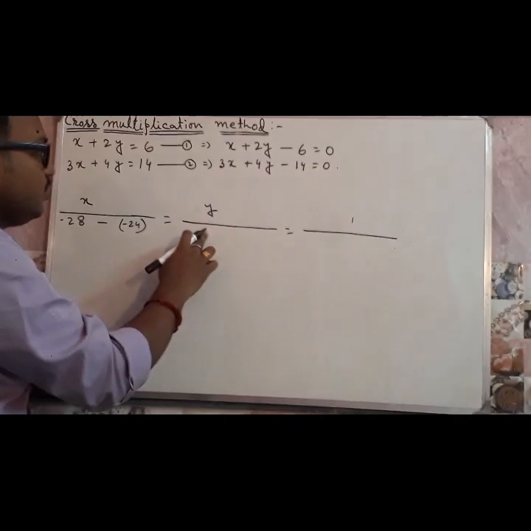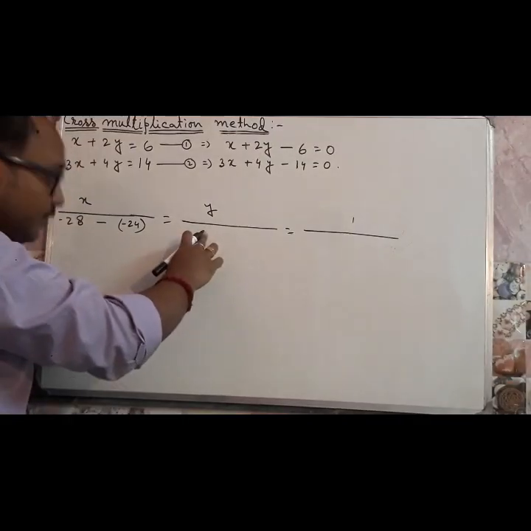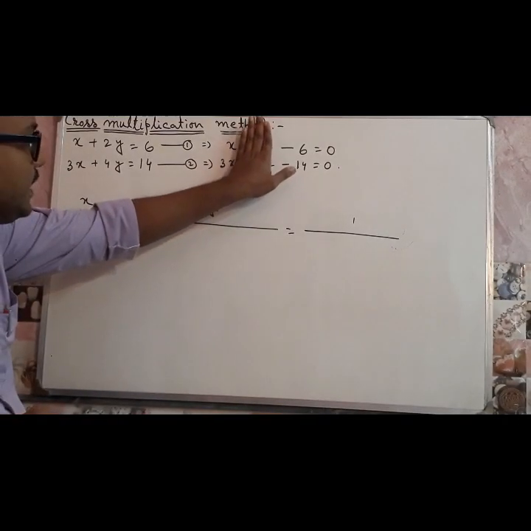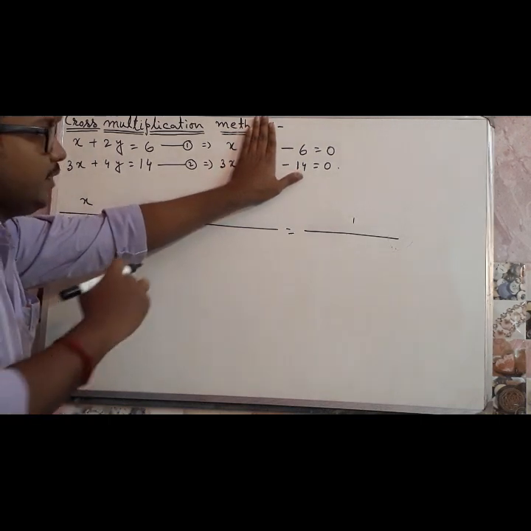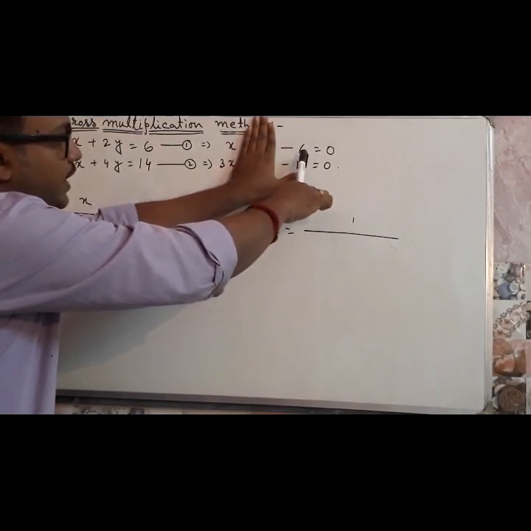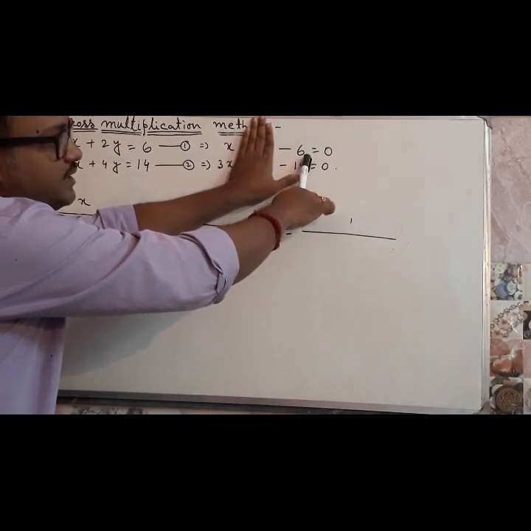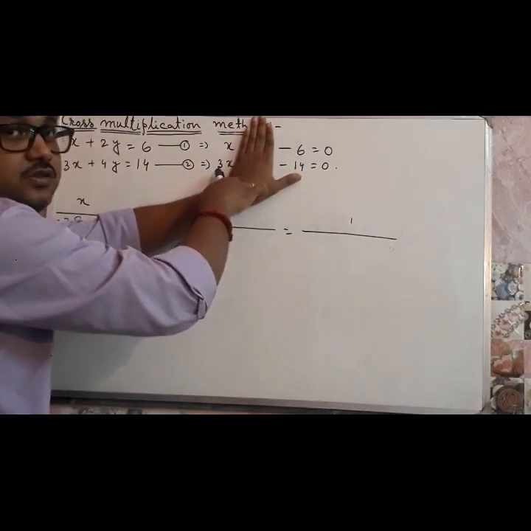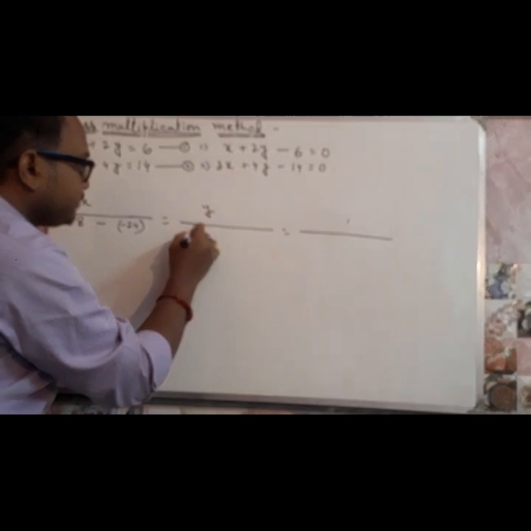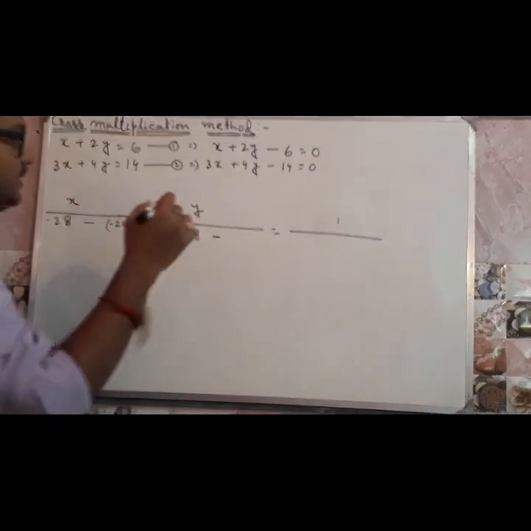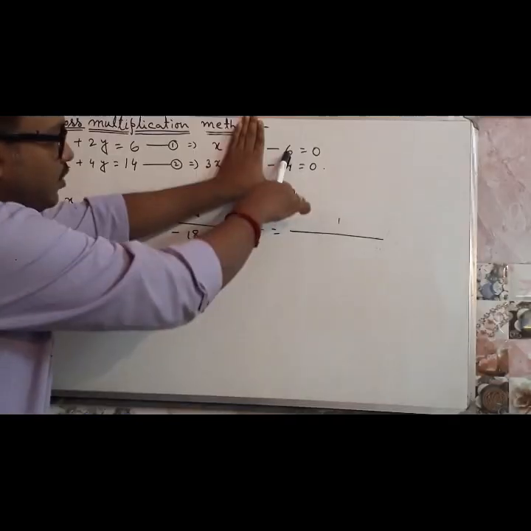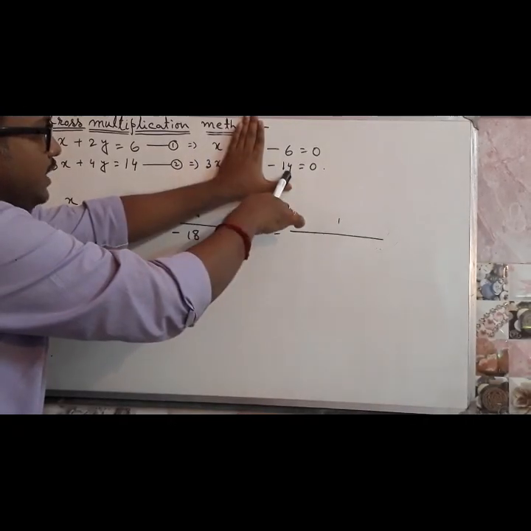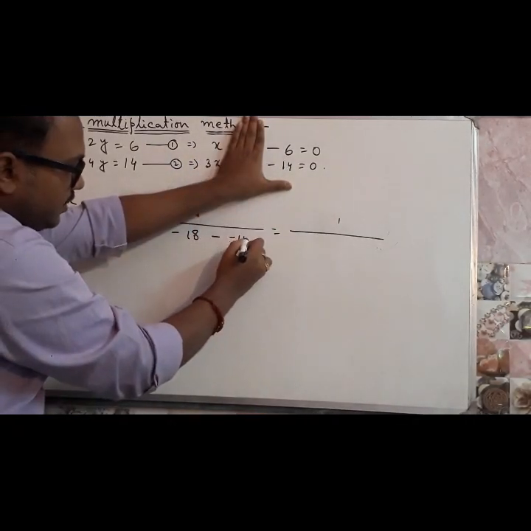Okay. After that, the denominator of y. What will be the denominator of y? When you are writing the denominator of y, you should place your left hand on y. Then start from after the y. What is after y at the top? Minus 6. Cross multiplication, that is minus 6 into 3, that is minus 18. Again you have to write minus here. Then from the bottom, minus 14 into, what is the coefficient here? 1. Minus 14 into 1, that is minus 14.